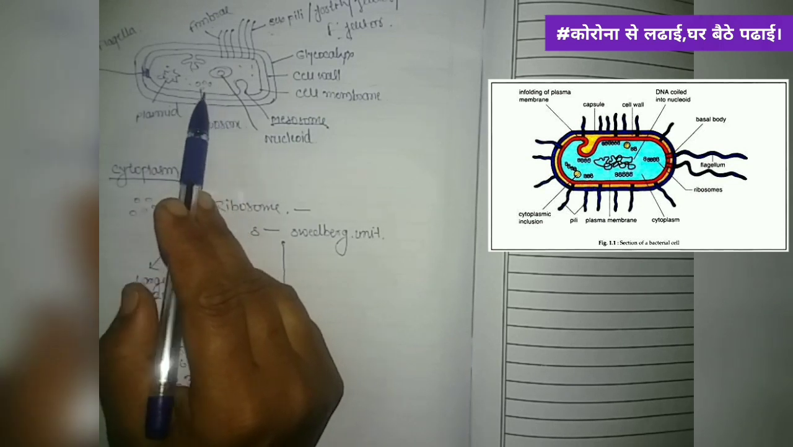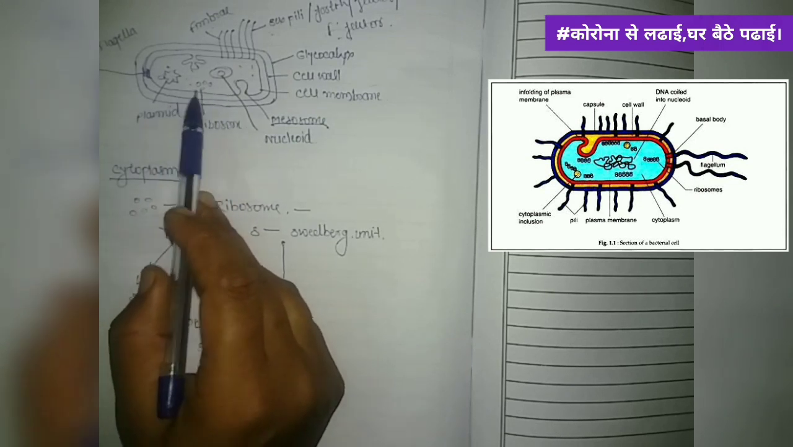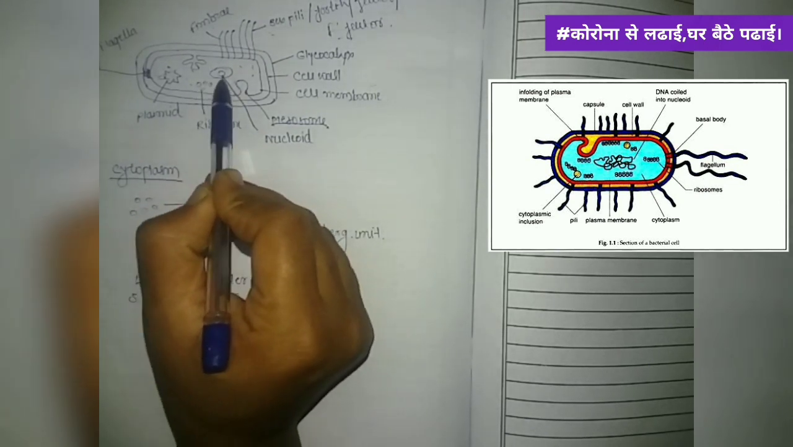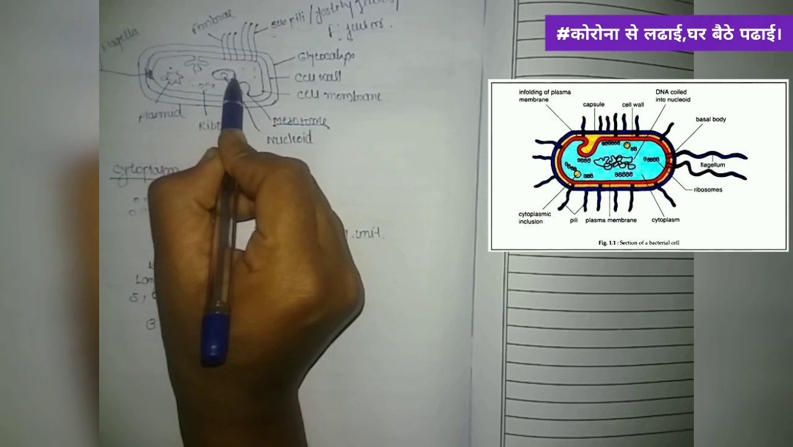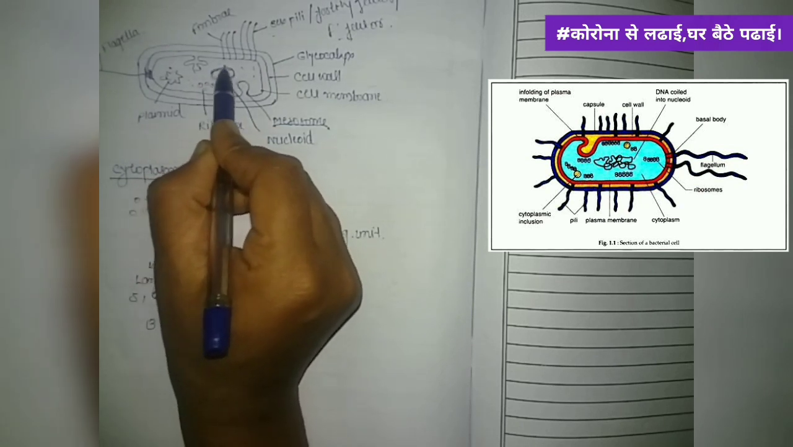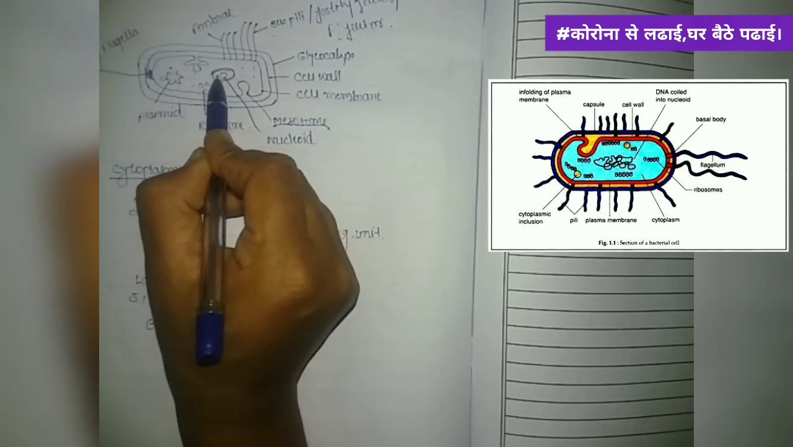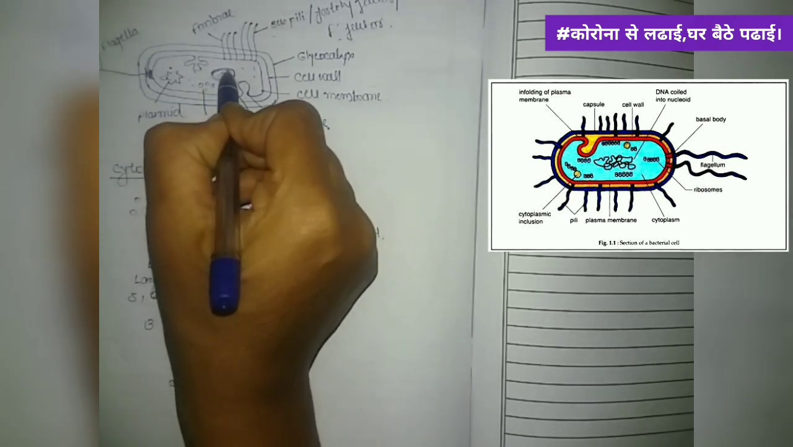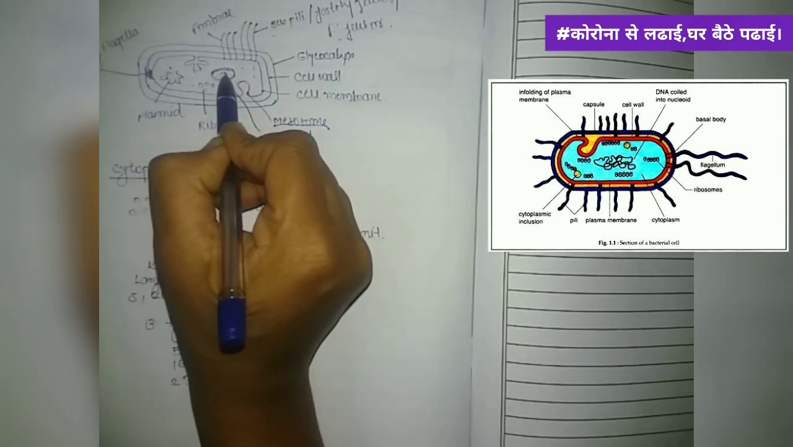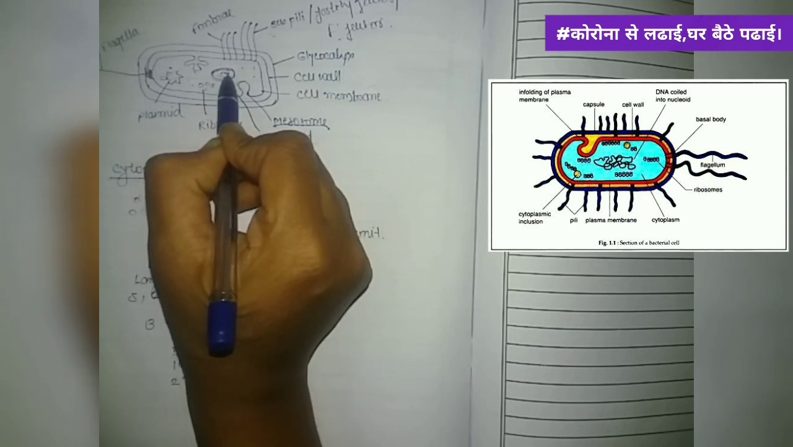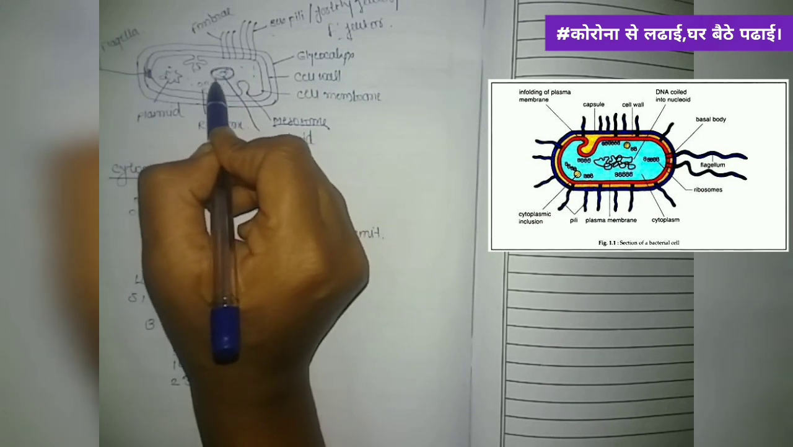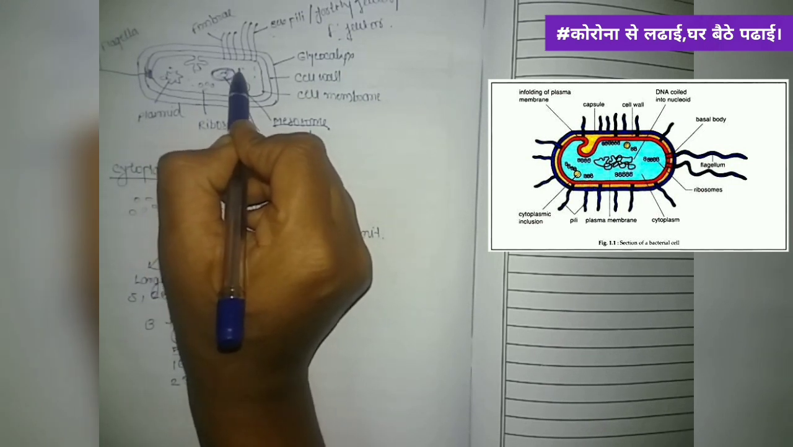The genetic material lies in the cytoplasm, and the point of contact is known as the nucleoid, or the nuclear region. And here the single circular DNA, or naked single circular DNA, is present in the bacterial cell structure,